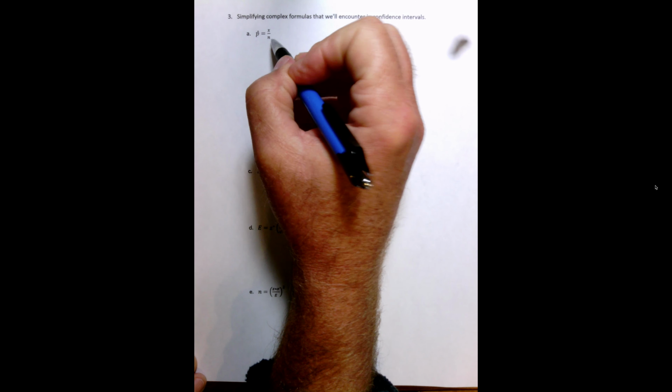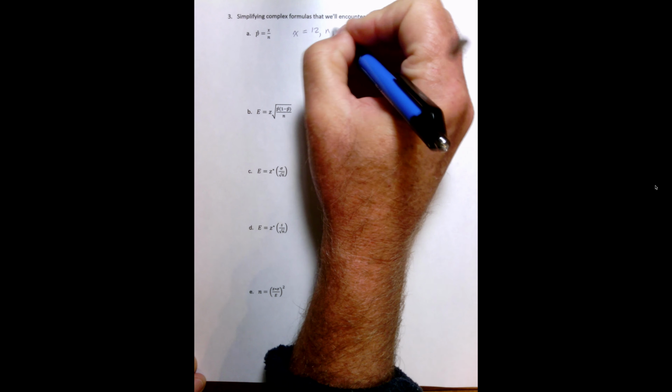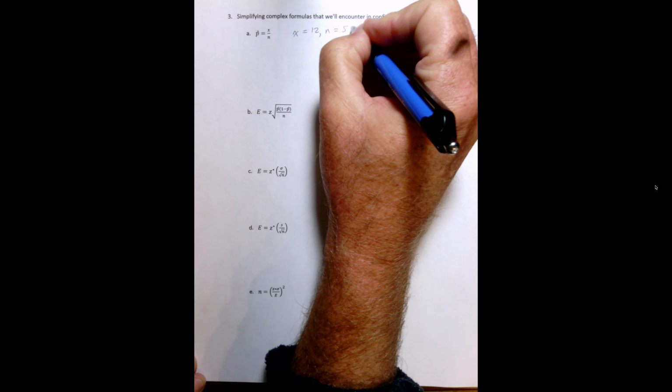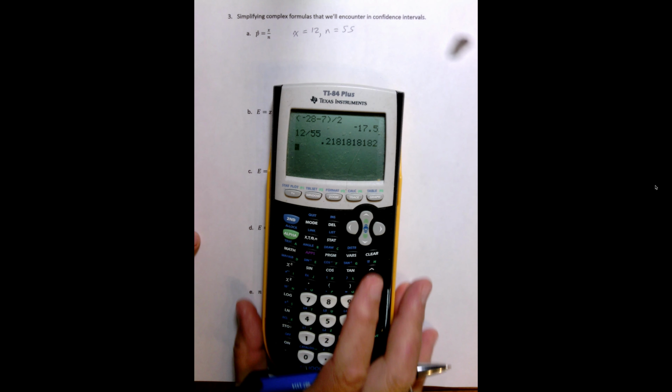Again, I teach you what all this stuff means later, but now I just want to review how we put this in our calculator. So how would we calculate p hat if x is equal to 12 and n was equal to 55? Well, it's pretty easy, right? Just put 12 divided by 55,